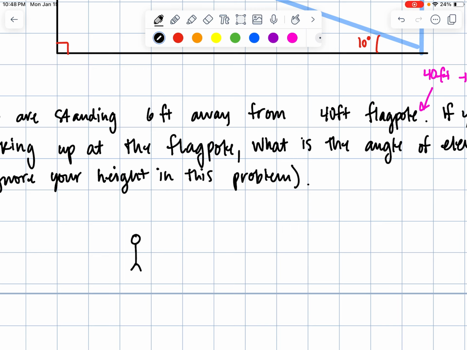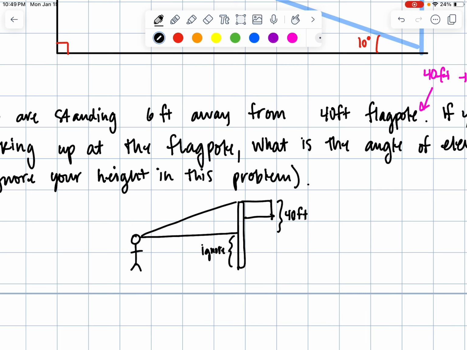Here you are. Here's the flagpole. And remember, it's 40 feet taller than you. This is the reason why, because we want to ignore your height. We ignore that. And this distance is 40 feet. We know you're 6 feet away. What is the angle of elevation? So from the